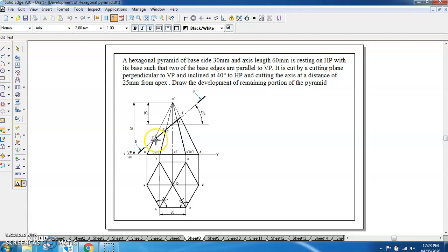As we are marking the cutting points on the front view, we will also represent them as a front view of cutting point, that is 1 dash. The next we have A to B. A to B is here, it is not cut. Now B to O. So we have B to O from here to here. This is B to O and it is cut at this point. So we are naming the cutting point as 2 on B to O, that is 2 dash in the front view. Further we have got B to C. B to C is here. B to C is not cut.